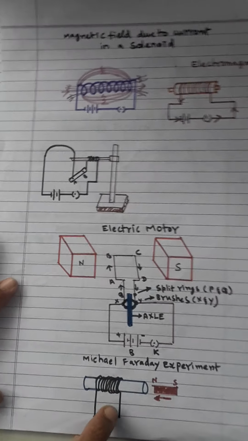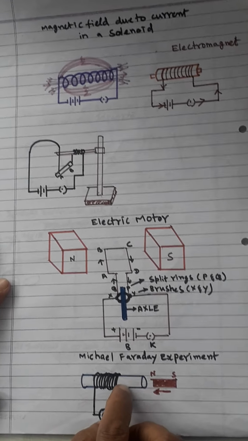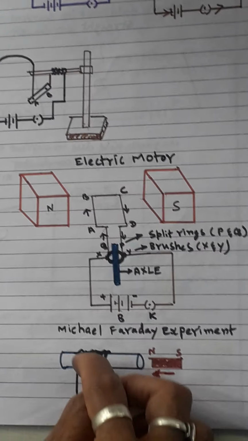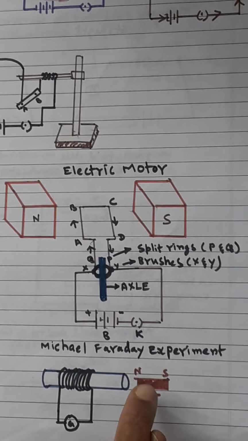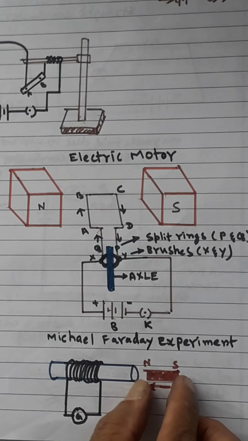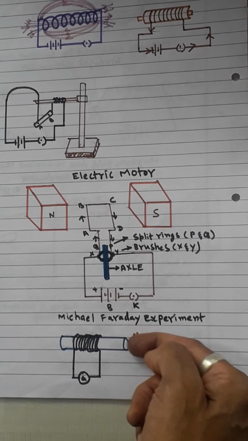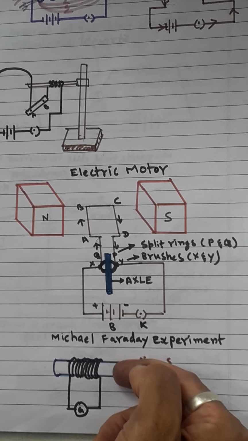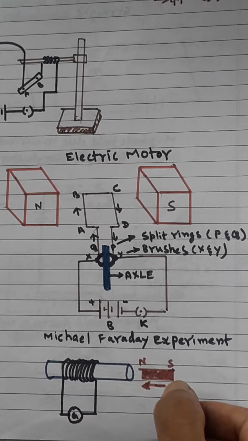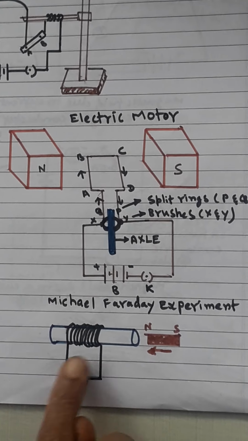Okay, next let us also see Michael Faraday's experiment. Here I have shown Michael Faraday's experiment. He took a cardboard cylinder and wound it with insulated copper wire, and then connected the two ends to a galvanometer. This NS is nothing but a bar magnet. You know that inside the cardboard cylinder there is a hollow. If you push the magnet inside the cylinder in a forward direction, as the arrow I showed, the deflection takes place in a clockwise direction.